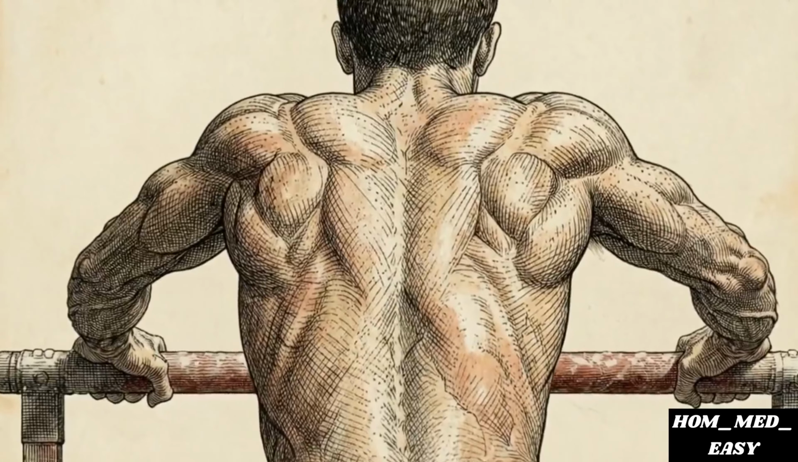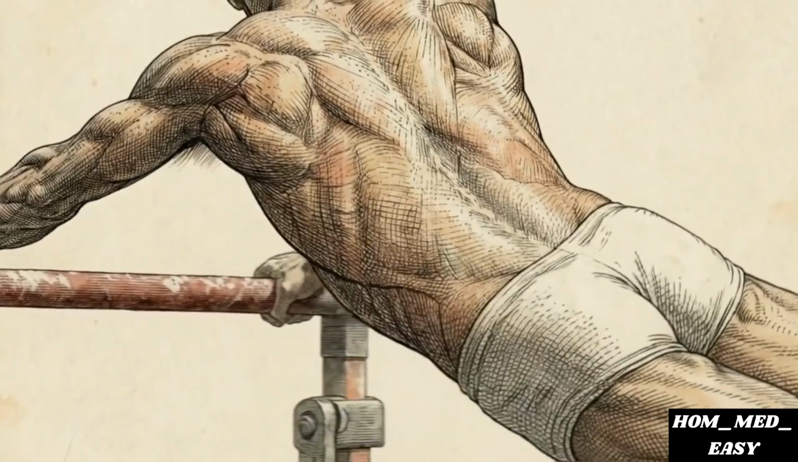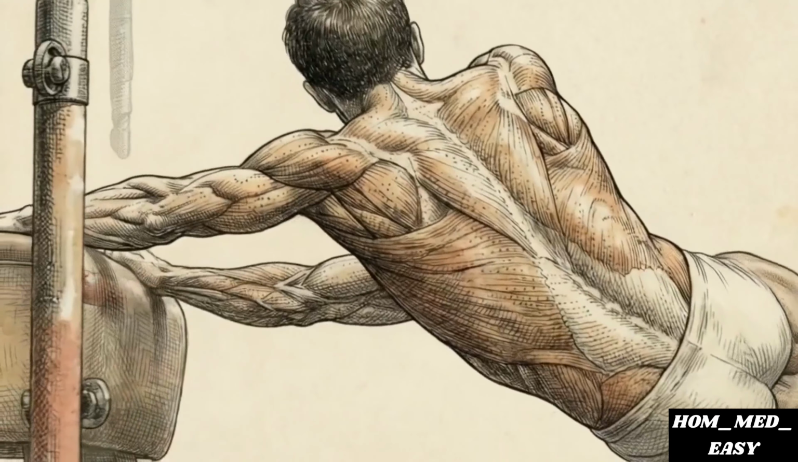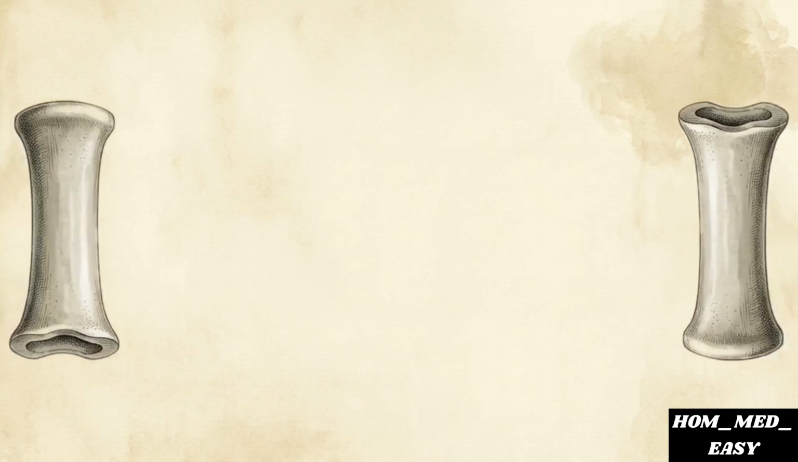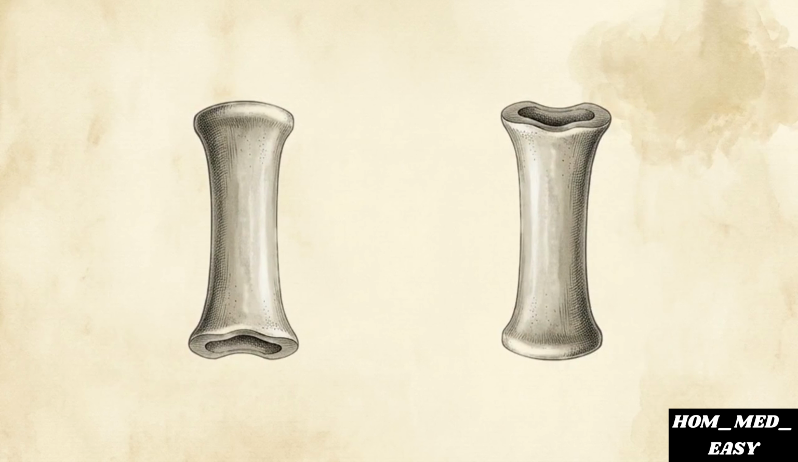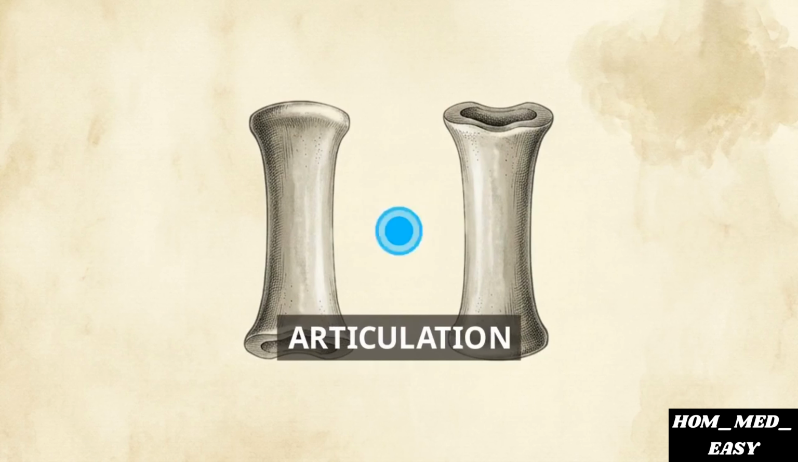The human skeleton must solve a mechanical contradiction. It requires absolute rigid shielding to protect our vital organs from blunt force, yet it simultaneously demands dynamic, multi-axial mobility to allow us to navigate physical space. The biological solution to this contradiction is the anatomical joint, or articulation, the precise junction point between two or more